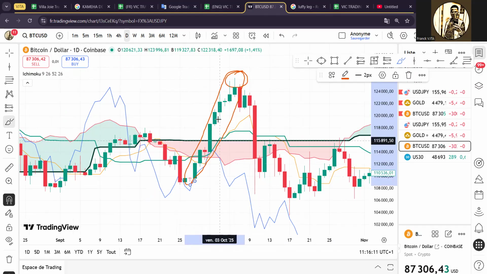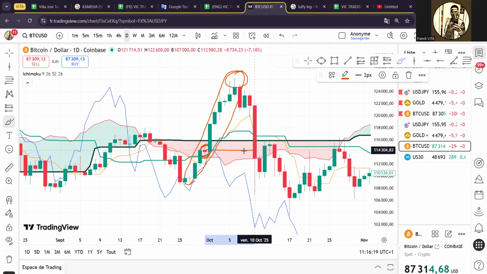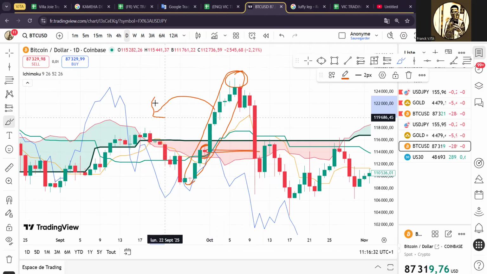And then on the left leg, we have this red candle body that we can draw the projection to the right to see where the market can come and stop if it reverses. But before that, when you look left at the left of the left leg, you have this